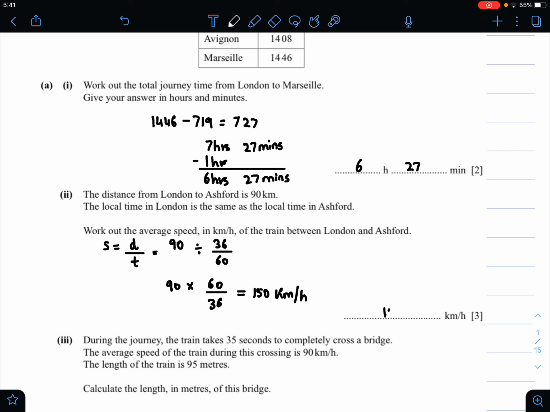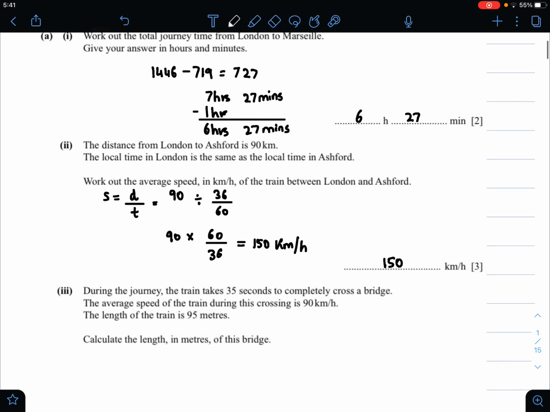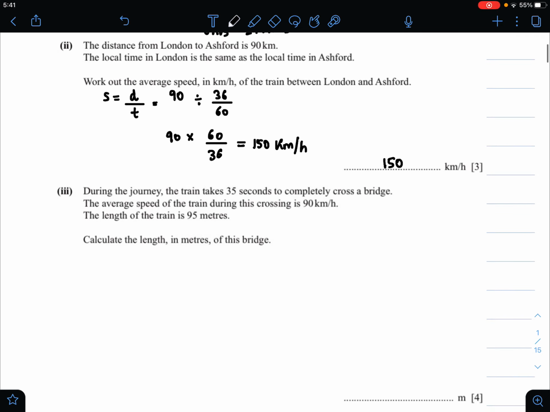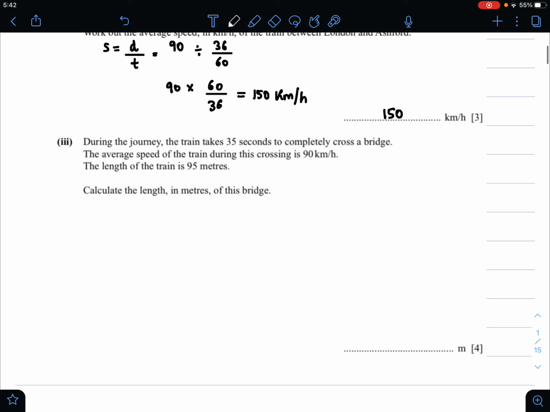Now let's move to part A3. So for part A3 they are asking us to calculate the length of the bridge. So they tell us that during the journey the train takes 35 seconds to completely cross the bridge. The average speed of the train during this crossing is 90 kilometers per hour. Okay, so to calculate the length of anything, the formula is distance is equal to speed multiplied by time. So the speed they've given us as 90 kilometers per hour,